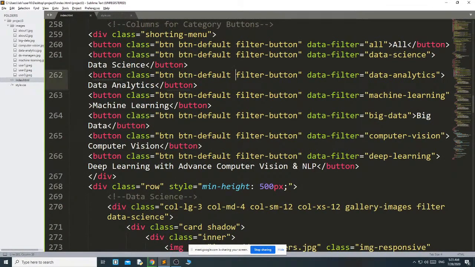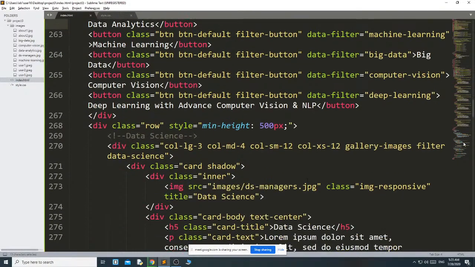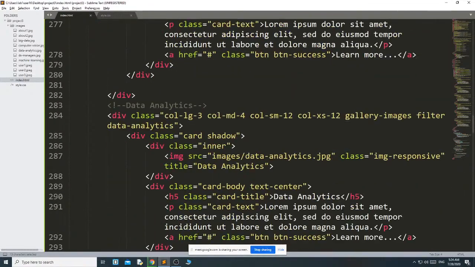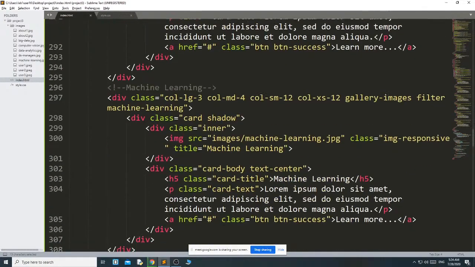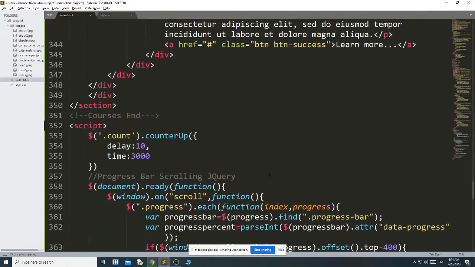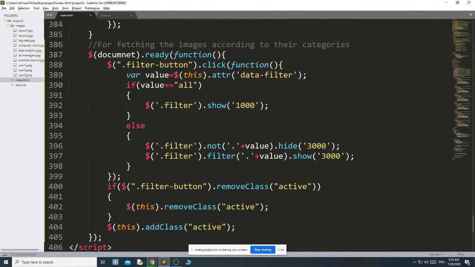These are the filter buttons. Data filter, this is the filter button, and here I have the filter button, and here also filter button.